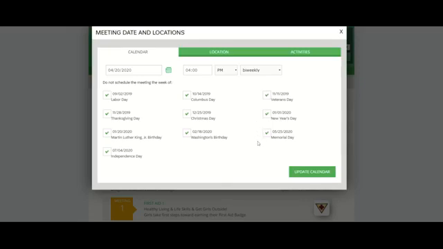If there is a check mark next to the holiday, that means it won't populate a meeting for that week. So if you don't want to meet, for example, the week of Thanksgiving, leave that check on there. If, for example, you don't mind meeting the week of Washington's birthday, you can uncheck that and it won't populate